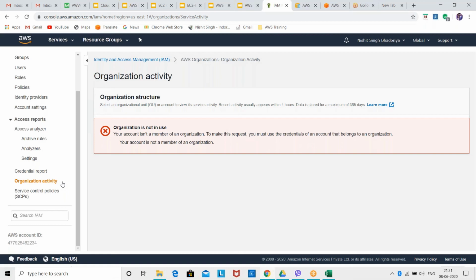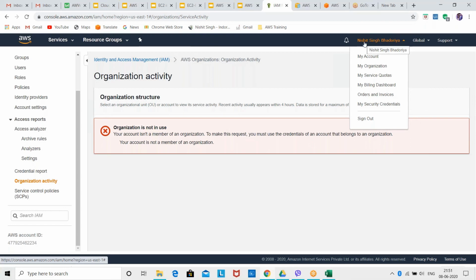Basically, organization activity is that part. For that, you have to be a member of an organization, or you can create your own organization as well. Just go to your name, then you can see My Organization. Here you can create your own organization, and then this part will be accessible to you.